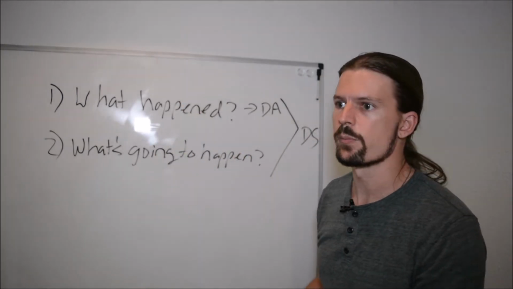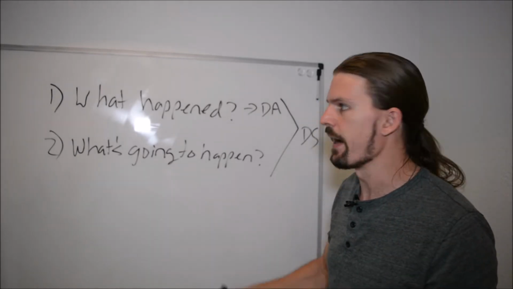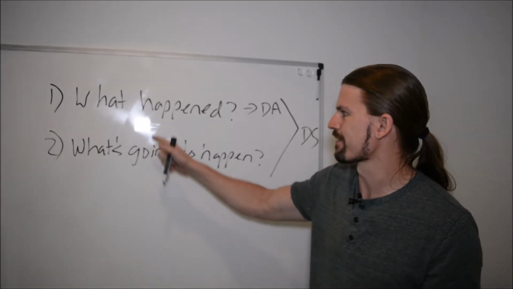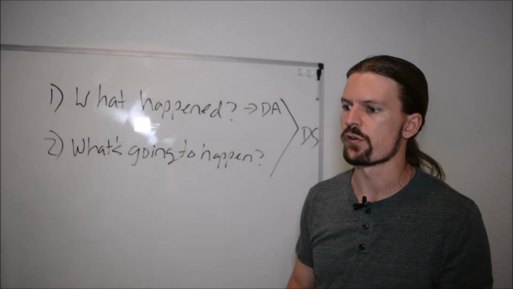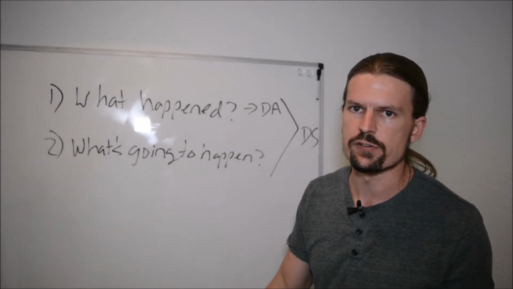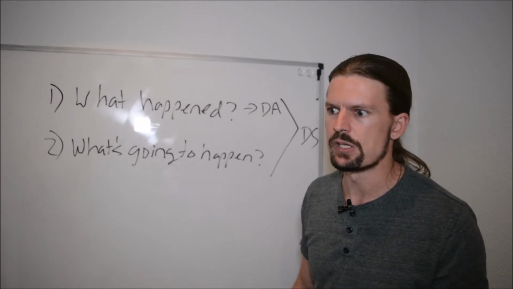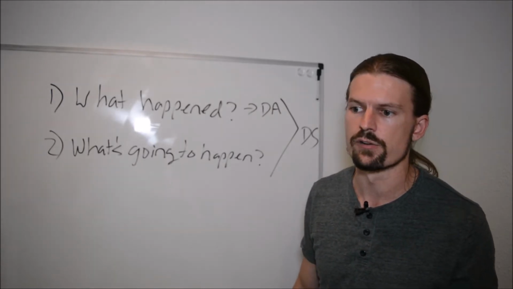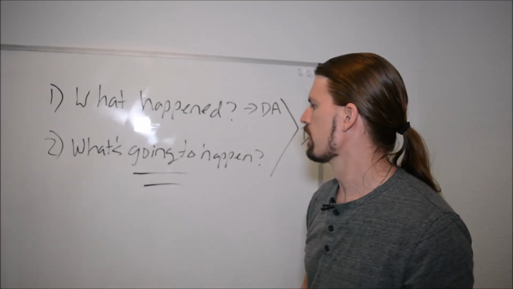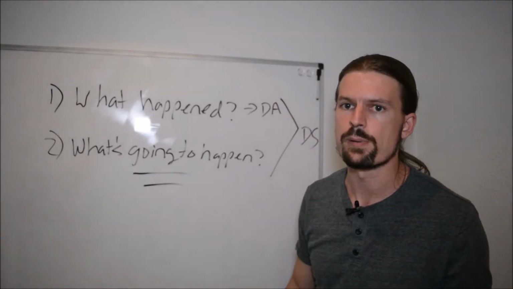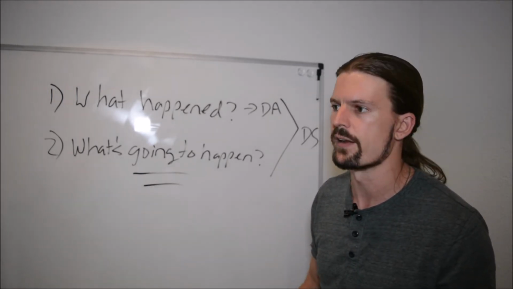Now, as you could probably imagine, trying to predict what's going to happen in the future is a heck of a lot more difficult than just showing what already happened in the past. Right? Trying to predict what's happening in the future uses a lot of very interesting math. It's a lot of programming algorithms. If you see the terms machine learning or statistical inference, predictive analytics, that's all this stuff, right? That's all the sexy stuff that people are talking about that's kind of at the forefront of the career field right now.